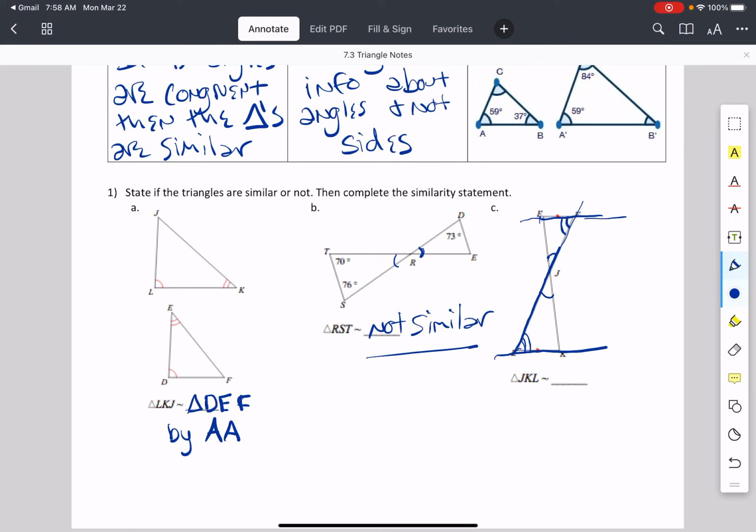Okay, so J is congruent to which angle in the other triangle? Good. K is congruent to which angle in the other triangle? Good. And then L is congruent to which angle? Good. And I'd say by angle-angle. So that's our first shortcut, first out of 3 for today. Any questions on angle-angle? Okay, let's go to